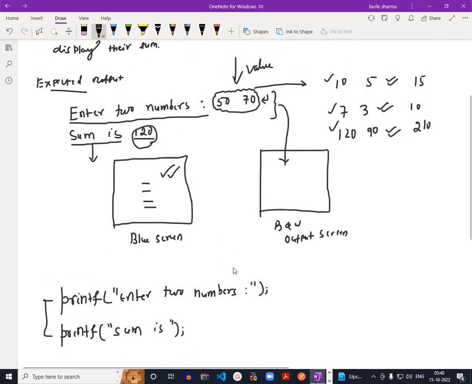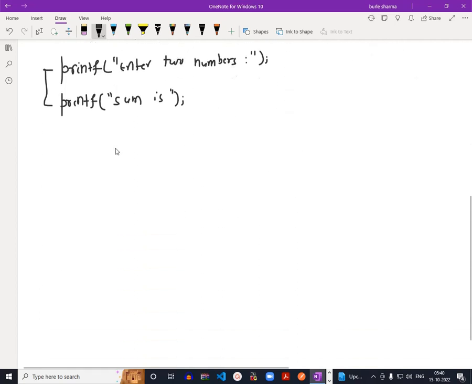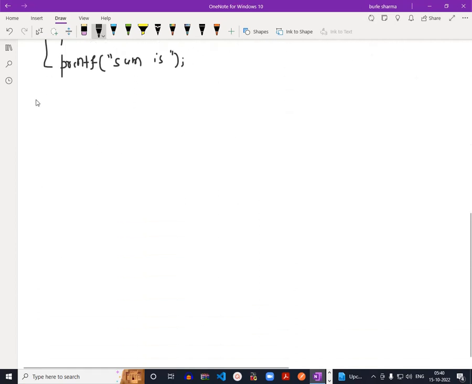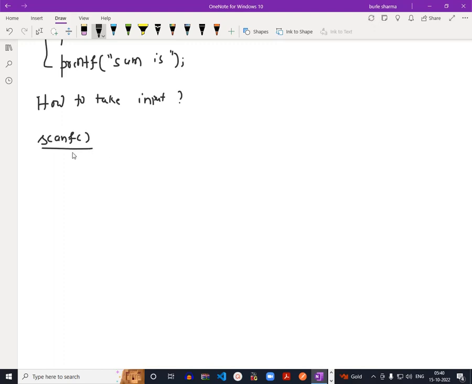Now the question is how we will take this input, because the values we provide from our keyboard are known as input. So if we want to take any input, how do we take it? We have to use a function known as scanf. So what is scanf? Scanf is a function